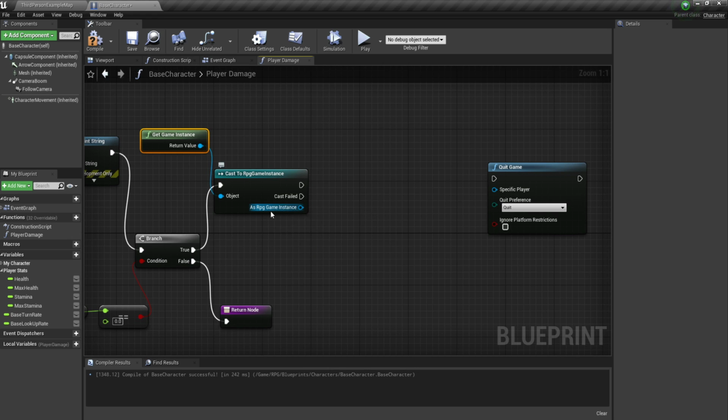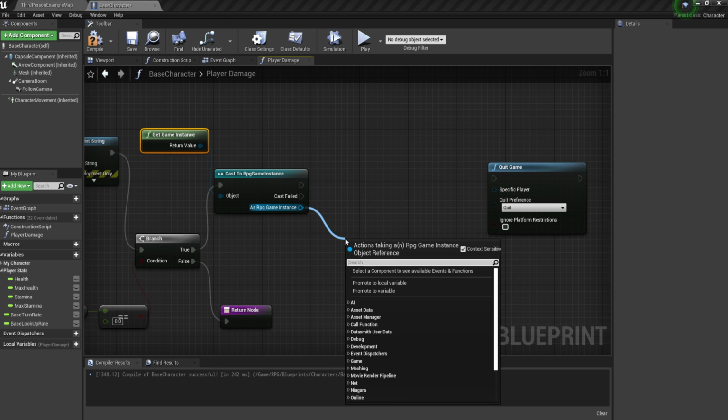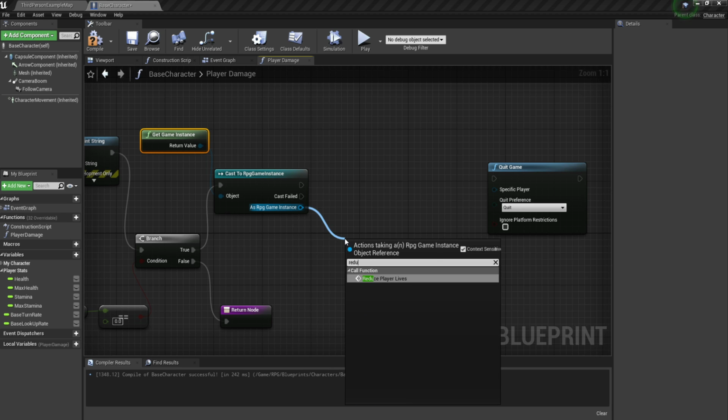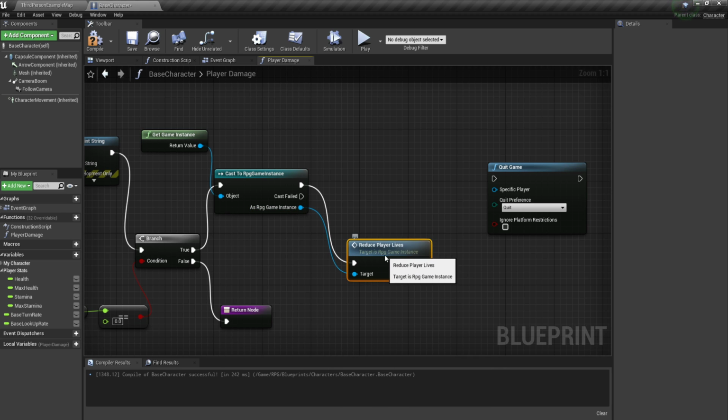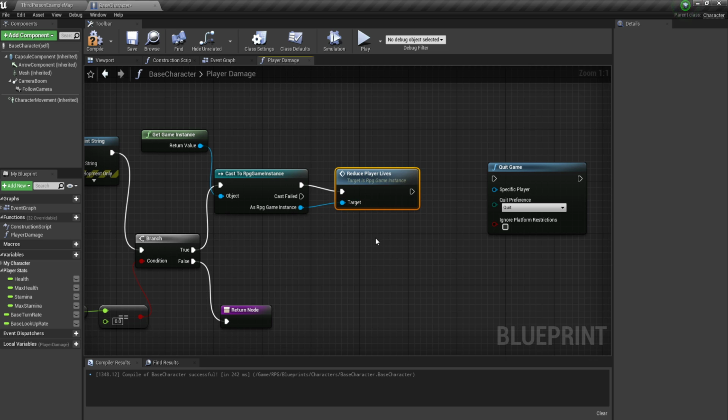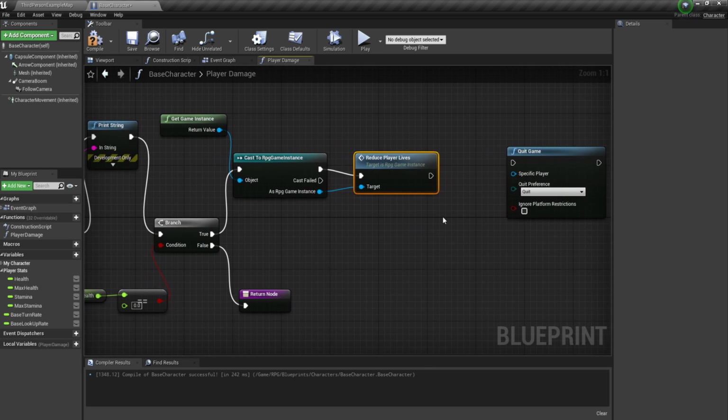So as our RPG game instance, anytime you have a cast node, you want to pull off of the blue pin here to be able to get information. So we're going to drag down from here and say reduce player lives, and there's our function that we made. So reduce player lives should go ahead and take care of that process. And then